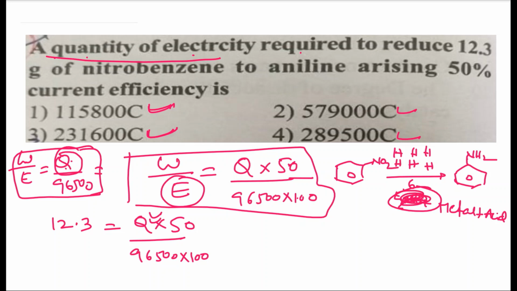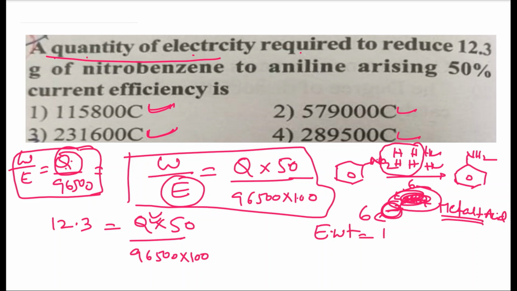So here, what is the part eliminated? The 4 hydrogens and 2 oxygens are eliminated as 2H2O. After that, nitrogen is there. The nitrogen connects with 2 hydrogens, forming aniline. How many hydrogens did you add? 6 hydrogens. Where are these 6 hydrogens coming from? Metal acid. For what purpose are you using the metal acid? Reduction purpose. So how many electrons are transferred? 6 electrons are transferred. Then how to calculate the equivalent weight of this nitrobenzene?